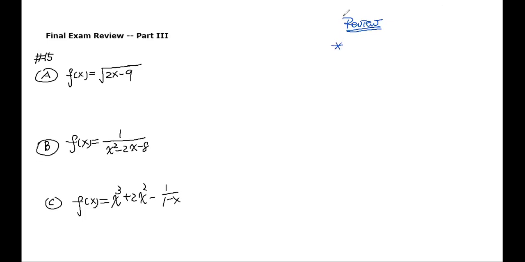So the first thing here is we call this a denominator. Okay, so we say the denominator cannot be 0, right? So when you try to find the domain here, you need to exclude